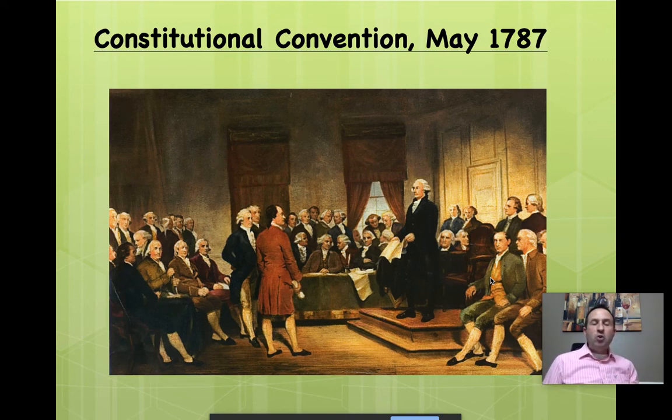Now, early on, George Washington is selected as the presiding officer. So in other words, he's in charge of these meetings for point of order, make sure things keep moving, etc. And the delegates do decide to keep the windows closed, draw the curtains, taking place in secret. Hot. In the summer, the room is crowded. They are not social distancing.